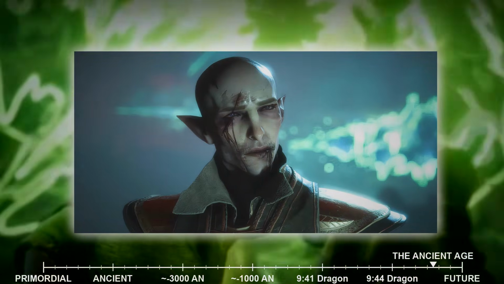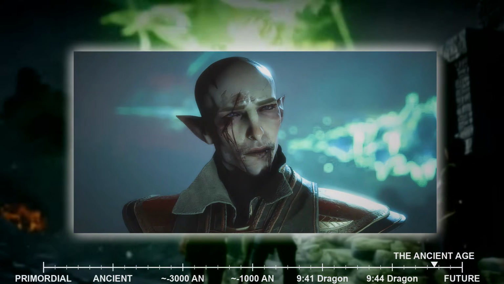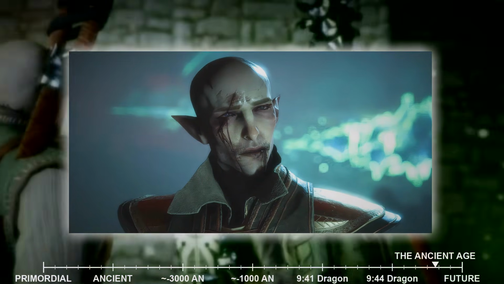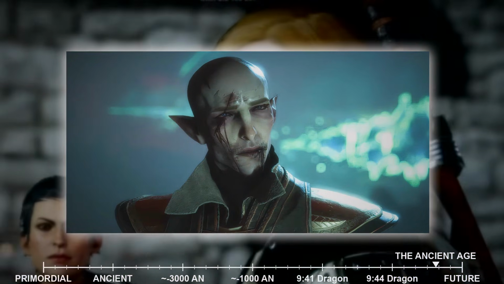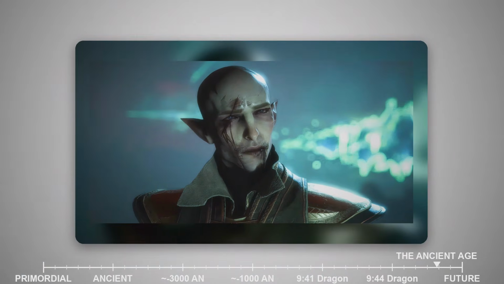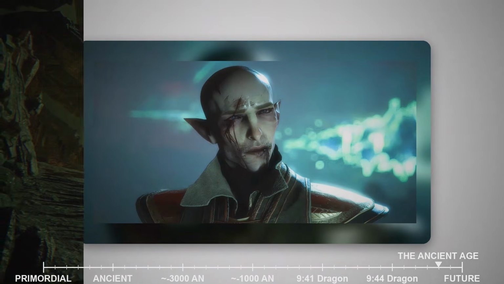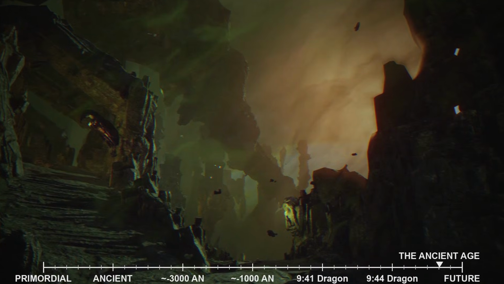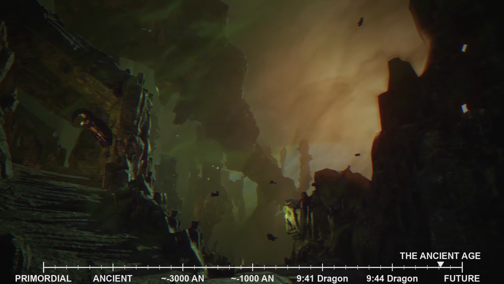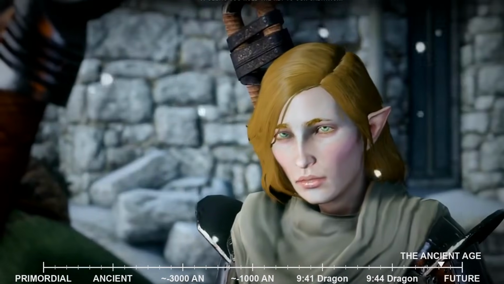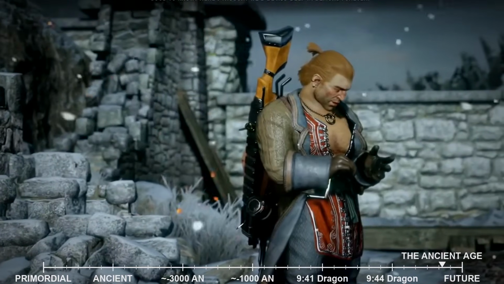The construction of the veil is not a simple spell. It is a ritual of staggering complexity, a working of magic that will reshape the fundamental nature of existence. Solas knows that once he begins, there will be no turning back. He also knows that the consequences will be severe. Separating the Fade from the physical world will not only imprison the Evanuris, it will change everything. The elves will lose their connection to the Fade. Their magic will diminish. Their immortality will end.